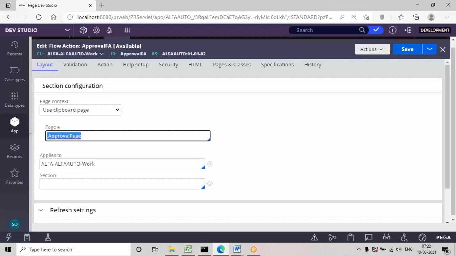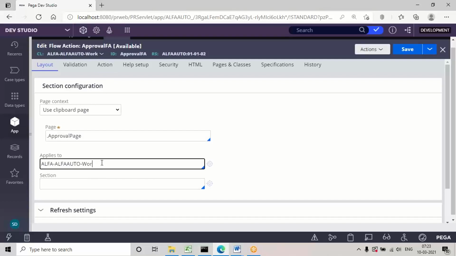The thing is, this page property we are selecting here is not added to the clipboard. To add a page or page properties to the clipboard, we can use the activity Property-Set method or the data transform Set function. In this scenario, we need to define some additional business logic. Only then will the properties be loaded when you map this UI design in the flow action. Even if you directly map this, the properties will not load to the clipboard page because the page is not loaded into the clipboard. So for that I need to define some additional business logic.